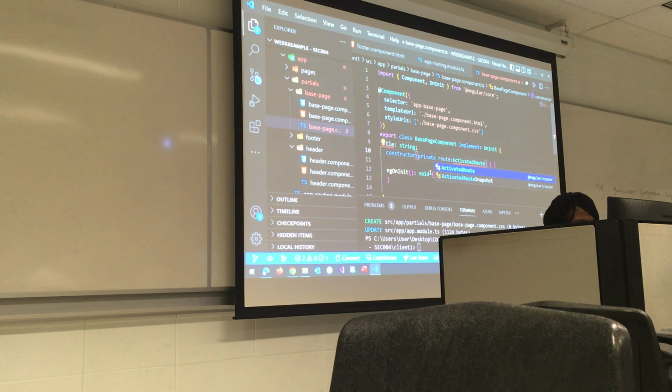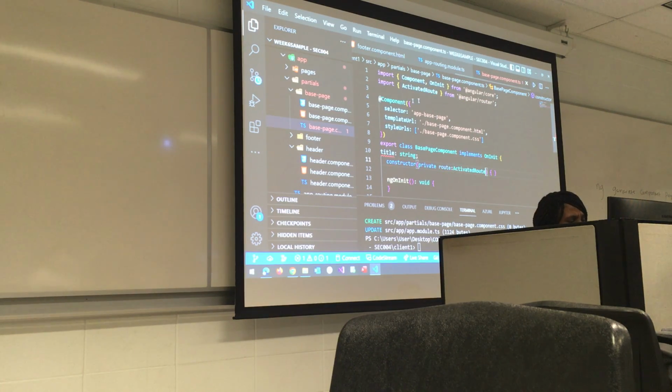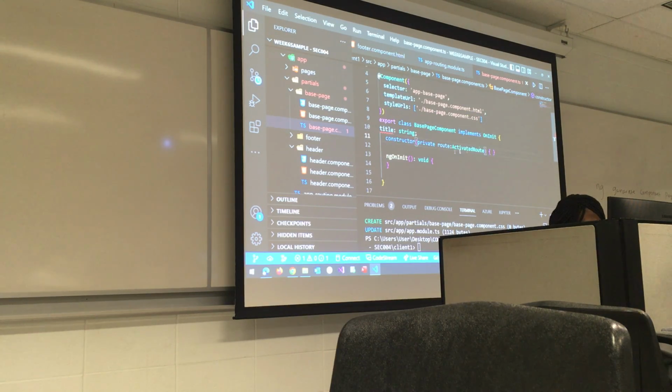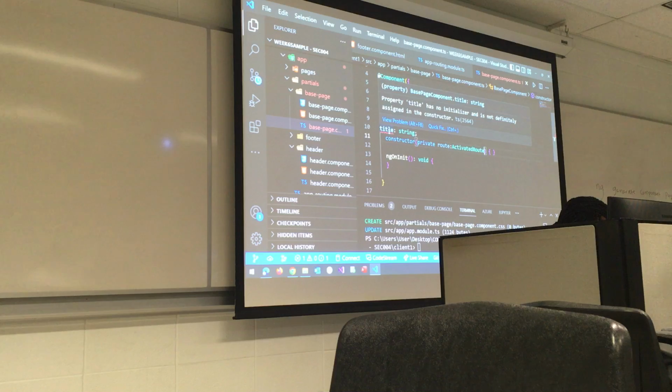Right. So here it says, I will tell you to fix this ActivatedRoute. Just make sure you have spelled it correctly. It's ActivatedRoute. So I will say quick fix. You should add the import from Angular for that router. So once it fixes that, you see it says import ActivatedRoute from Angular. Apart from that, we are still here to fix the title. Let's just move on.